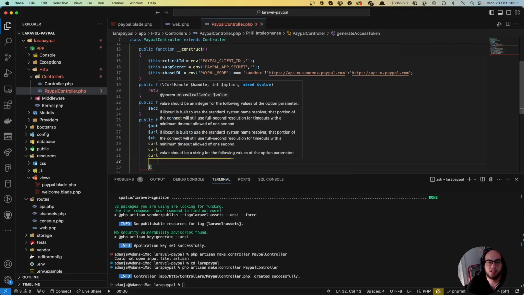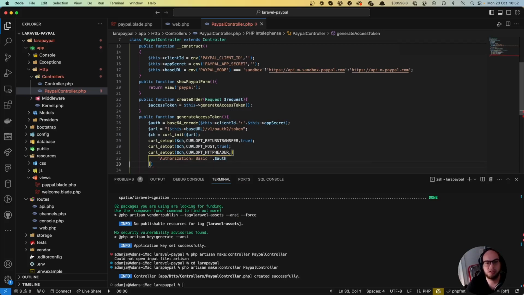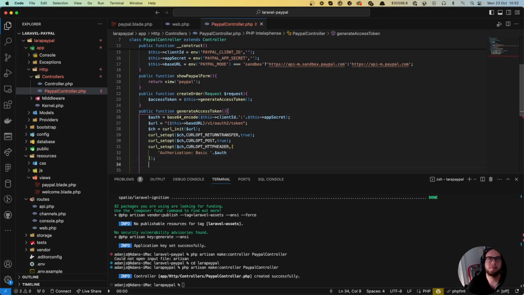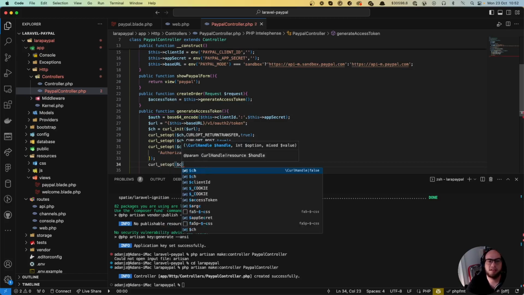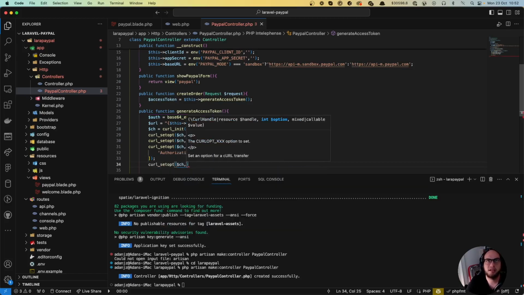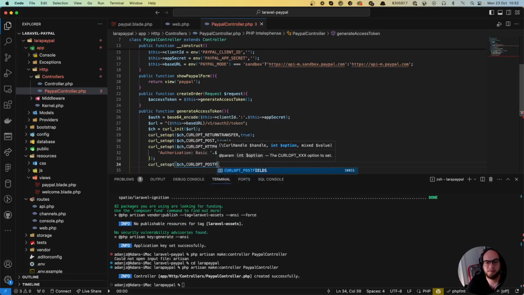Okay, and we're gonna send Authorization Basic, and we're gonna send the auth. Okay, and one more thing, we're gonna do curl setup the ch, CURLOPT_POSTFIELDS,